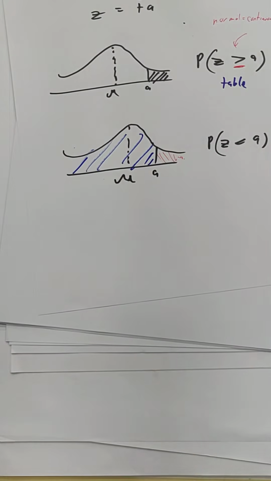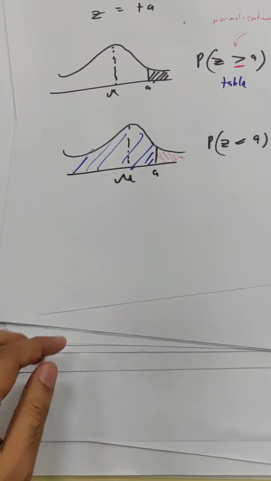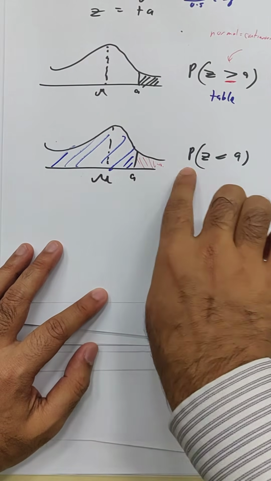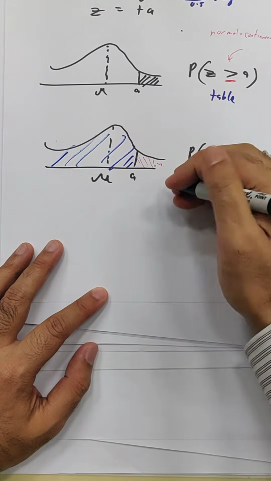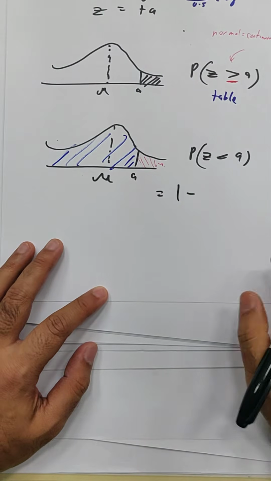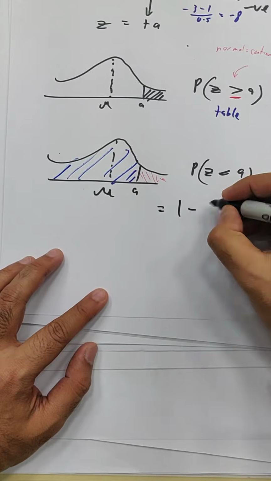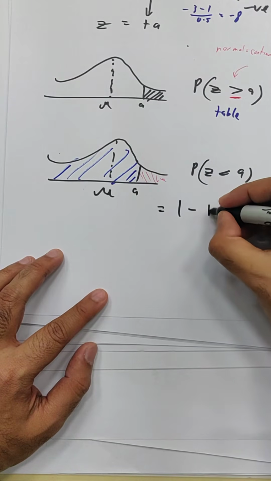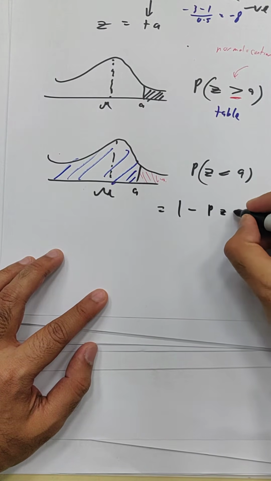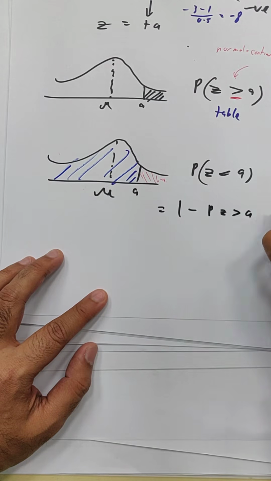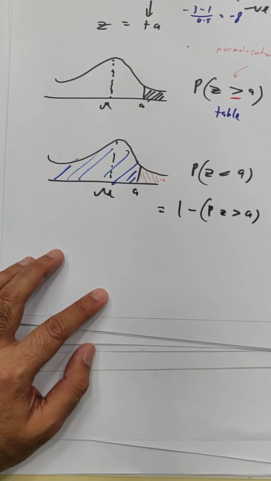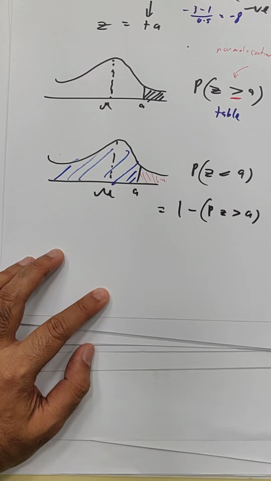What do we know about the total probability? 1. So what about here will be 1 minus what? This one. Okay? P(Z) more than a. Are you okay? And when you read this far, what do